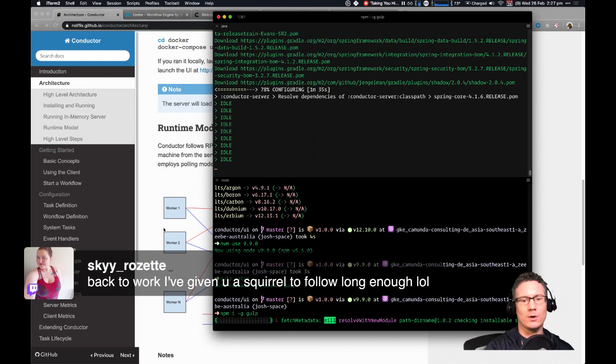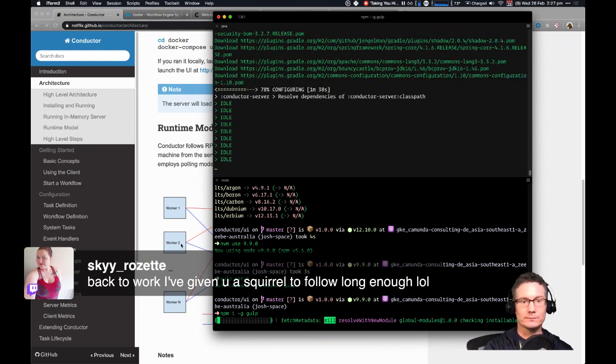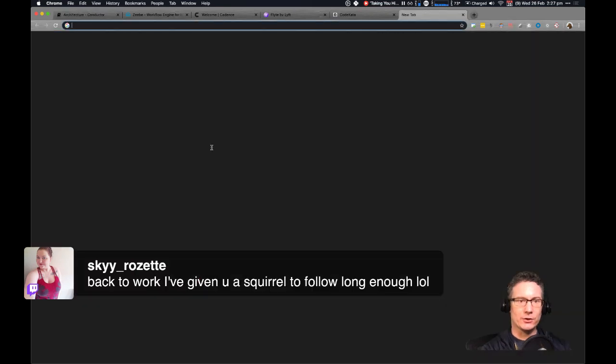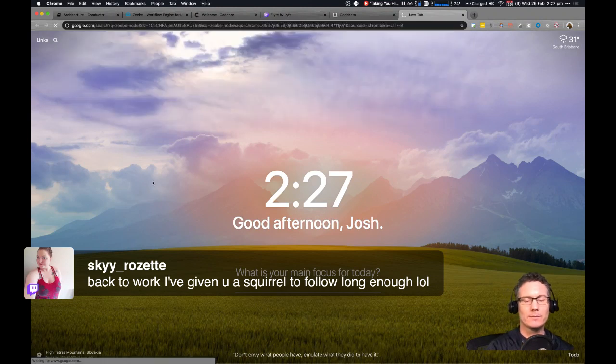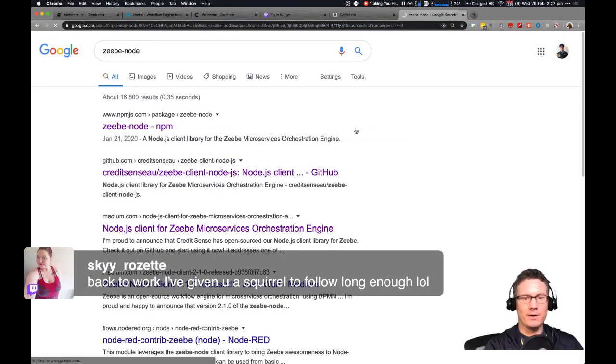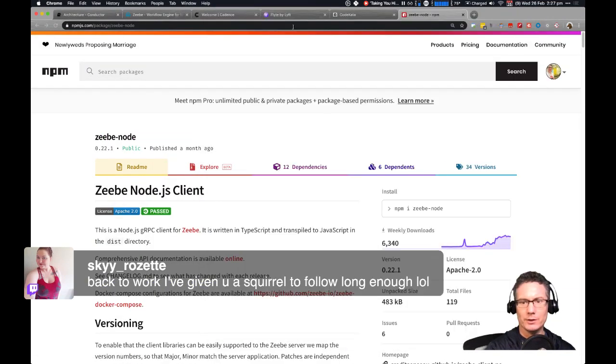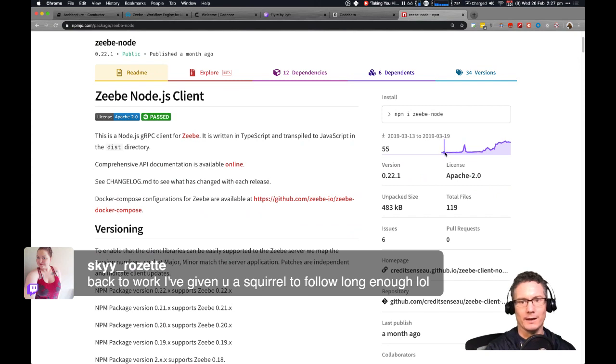Like I'm constantly working on the Zeebe node client because I want people to use it, because it's externally facing. If I have a look at the Zeebe node package on npm, I first created it in February of last year, so it's about 12 months old now. And if you look at the usage, there was no one using it back when I created it, basically me. There was a bit of a spike in July of last year. I remember when that happened. But now there's over 6,000 downloads per week. So a lot of people are using it. So I'm constantly updating it, keeping it up to date. Last published a month ago.